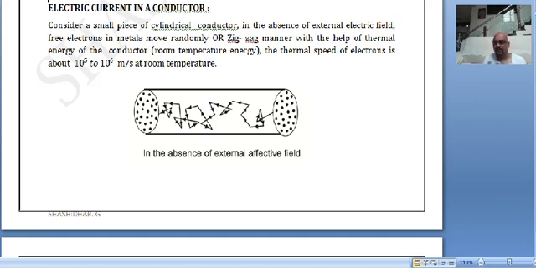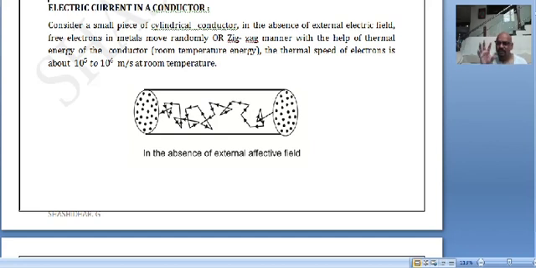So that is one thing. Every atom donates one free electron, and this positive ion we call the lattice. Remember, the positive ion, the lattice, is immobile. It cannot move because of its mass. Only electrons can move because electrons are lighter in mass.